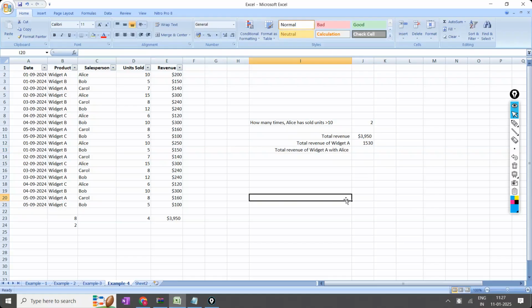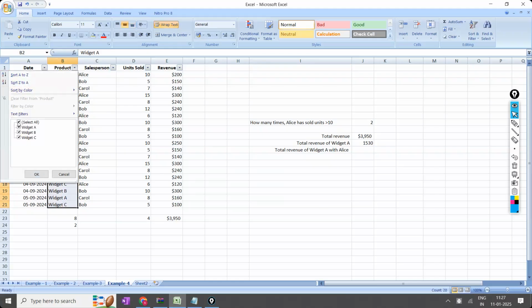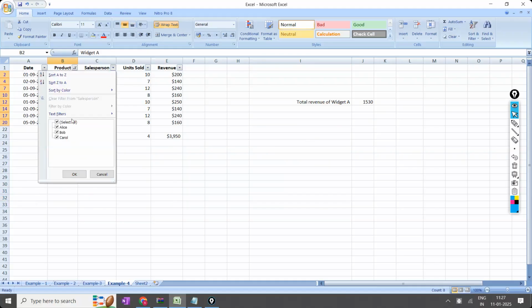So how many conditions are you applying? Two conditions. What are the conditions? One is, in this, widget A only you have to select. This is condition number 1. So the filter I am applying here is widget A. In that, exclusively, again Ellis I have to select.